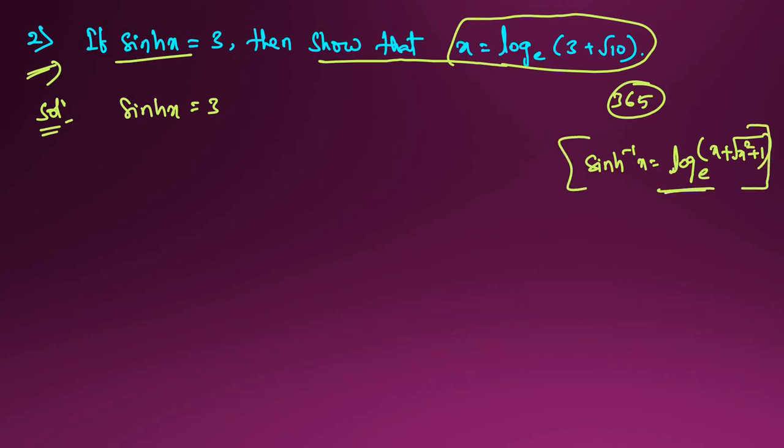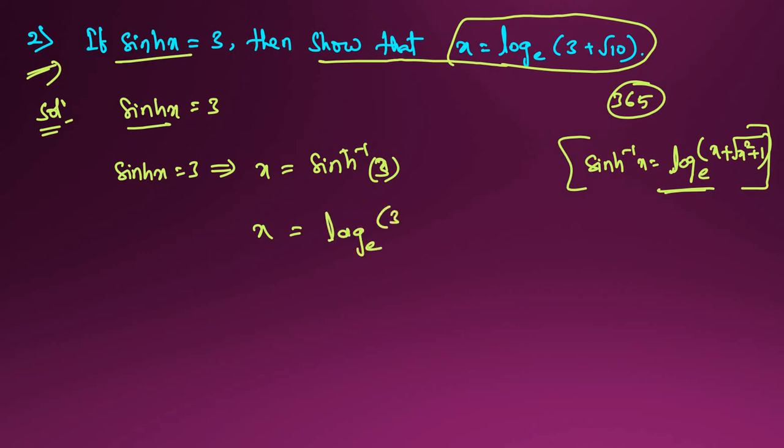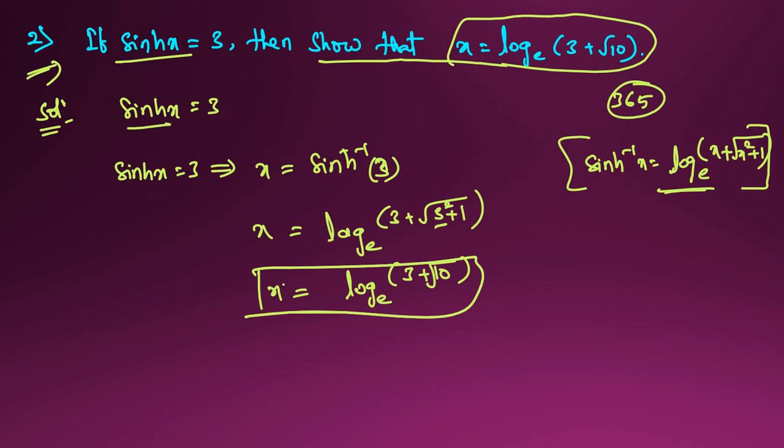So this formula we will use here. So how we will use? We'll do this one. Now sinhx is equal to 3 is there. So I will write it as x is equal to sinh inverse of 3, I will write here. So x is equal to sinh inverse of 3 is equal to, we can write log e. So here 3 plus under root of 3 square plus 1 will come here. So it will become log e 3 plus under root of this 3 square is equal to 9 plus 1, 10 will come here, root 10. So x is equal to. So this value we have to show here. So this we got here. Okay.